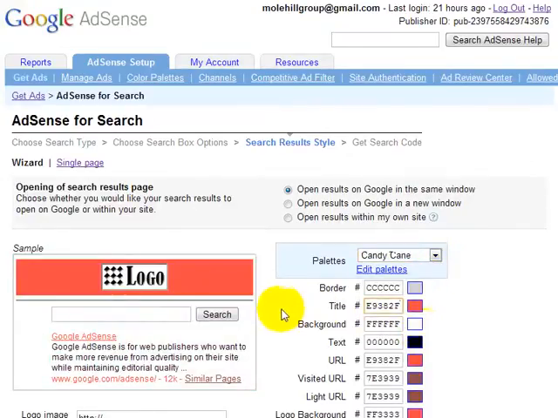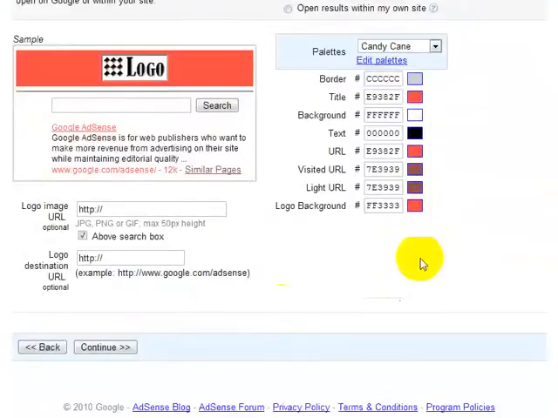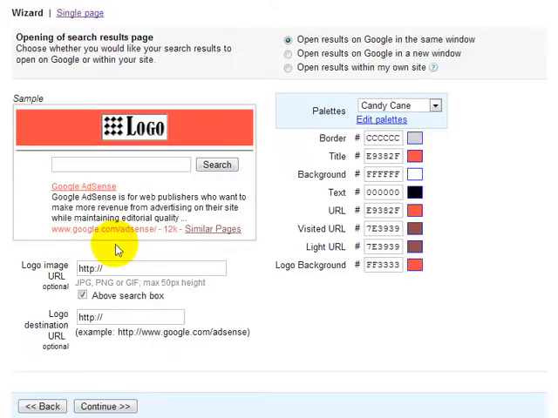If you want a logo displayed on top of the results, as we see here in the preview, we can then scroll down a bit and enter the URL for the logo. You have to supply the logo, of course. Whether you want it above or beside the search box is another option. You can also enter a destination URL, so anybody clicking on the logo can go back to your own website again. So you can enter your destination URL there, make all these entries on this page, then go down to the very bottom of the page,